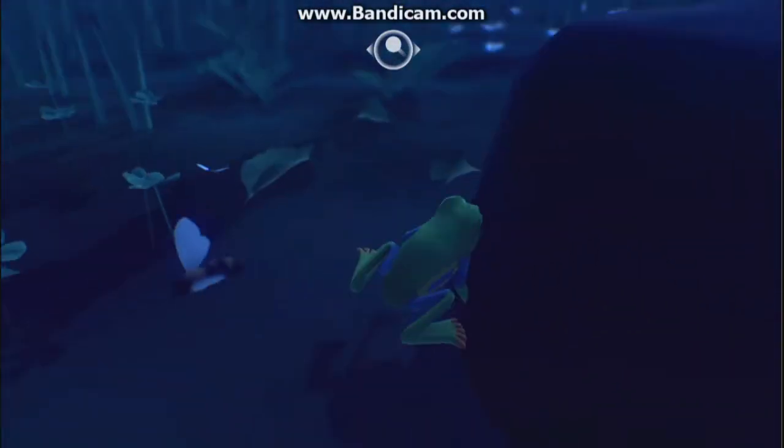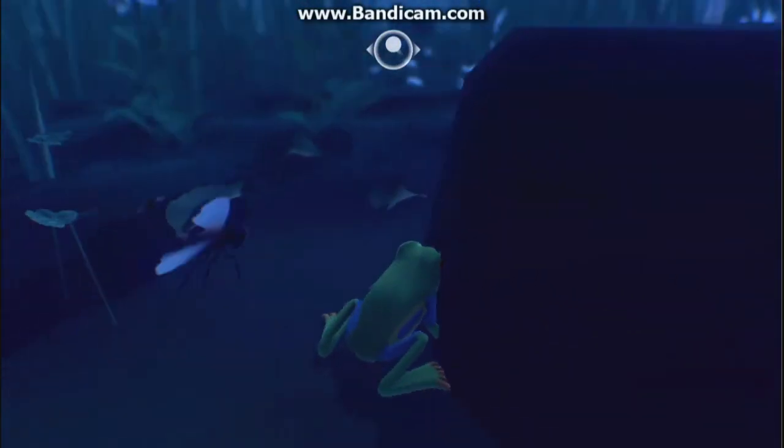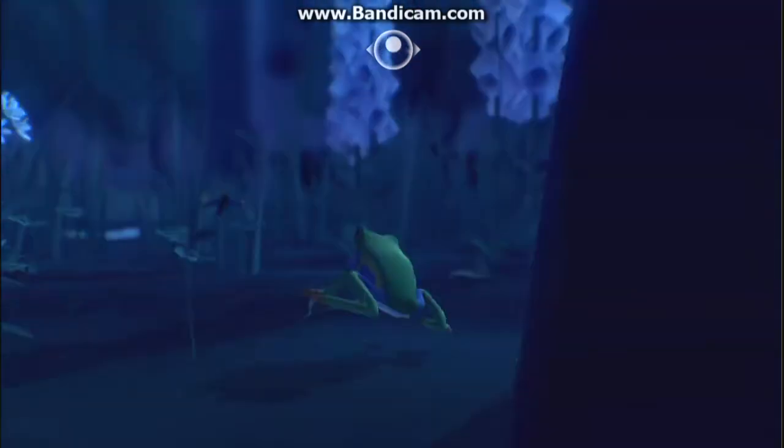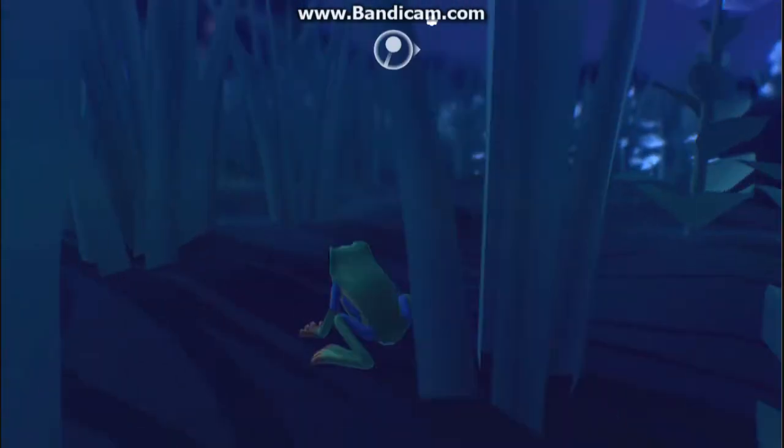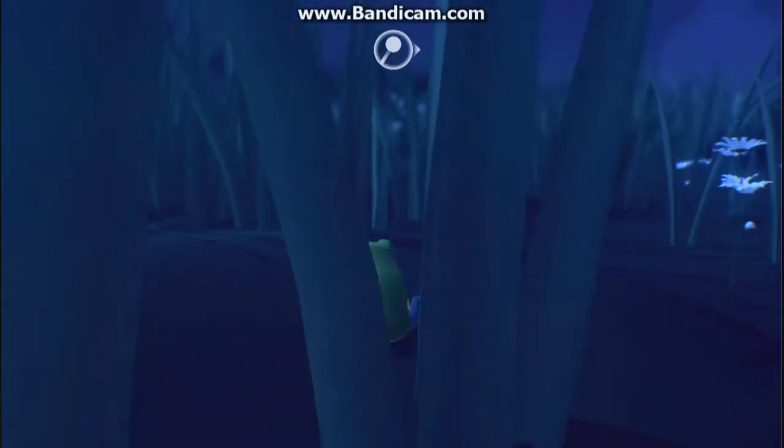Ooh, red-eyed tree frog. Also known as the red-eyed lemur frog in Holland, which I think is a really cool name for any frog, really. But yeah,